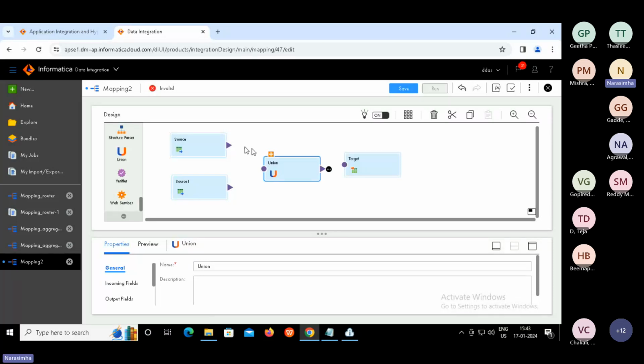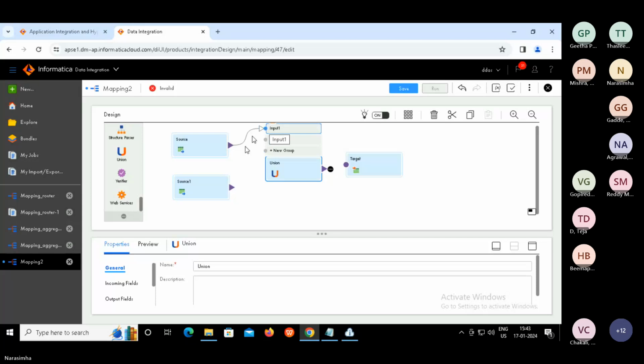Look, if you expand this, you will see two input groups. Yes or no? Connect source to input one. I repeat, connect source to input one, and then second source to input two. That's it.